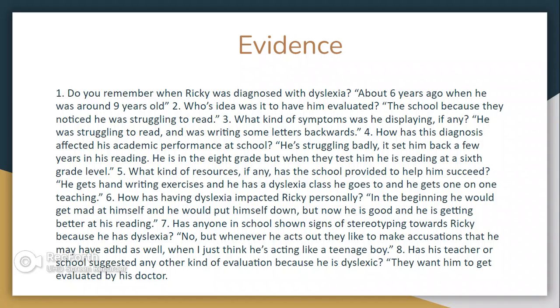I also asked if anyone in his school has shown signs of stereotyping towards him because he has dyslexia. And she said no, but whenever he acts out, they like to make accusations that he may have ADHD as well. I'm not sure if they would suggest that he had ADHD if he did not have dyslexia. I feel like those two diagnoses go hand in hand. But when I think of how he's acting, I just see him as a regular teenage boy. But of course, I am not a doctor, so I can only give my opinion,